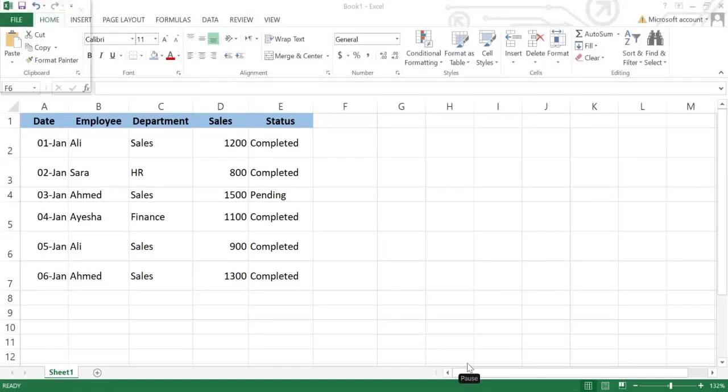So now we will cover some functions like SUMIF and COUNTIF and SUMIFS and COUNTIFS. So let's see how those functions work. On the screen we have data, so let's first apply the SUMIF function or formula and see how